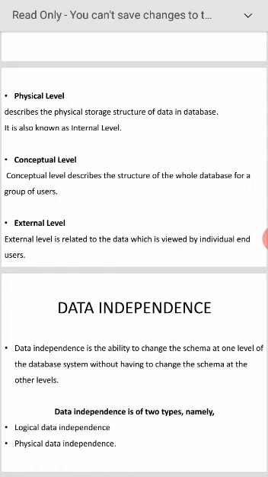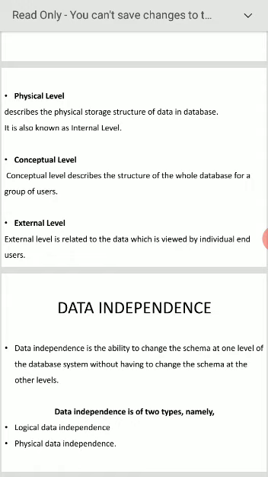The separation of the external level from the conceptual level enables the user to make changes at the conceptual level without affecting the external or application program. That means in logical independence, we can change only the conceptual schema. It will not affect other levels.